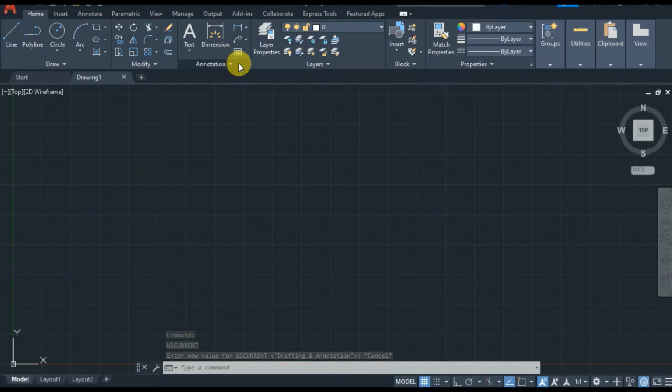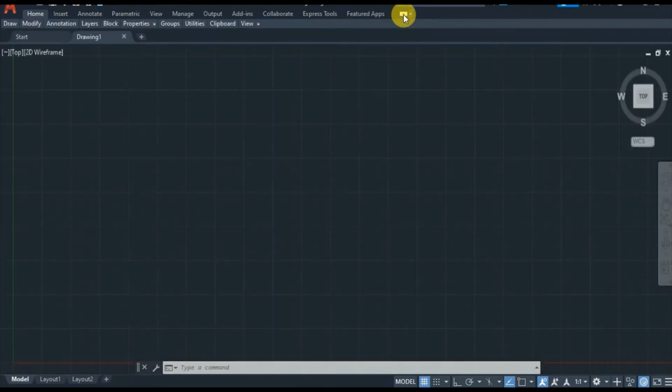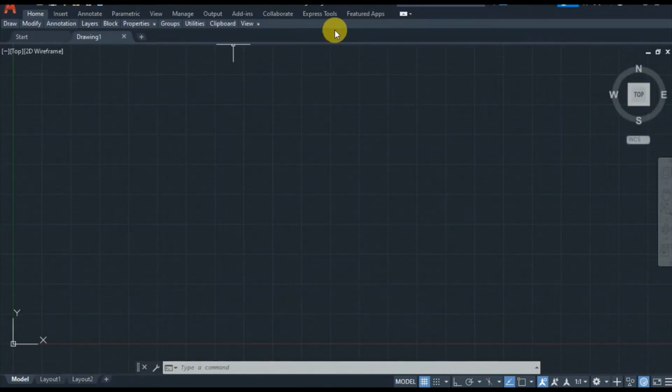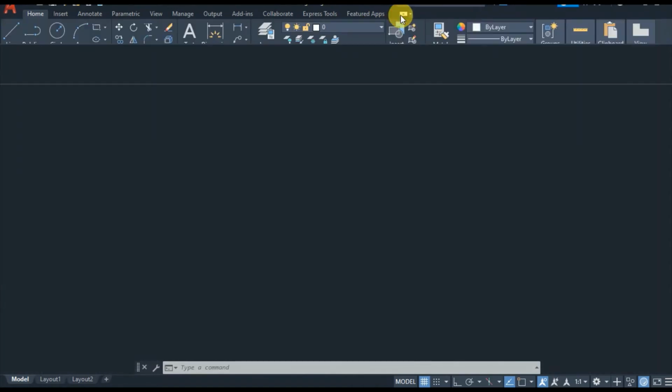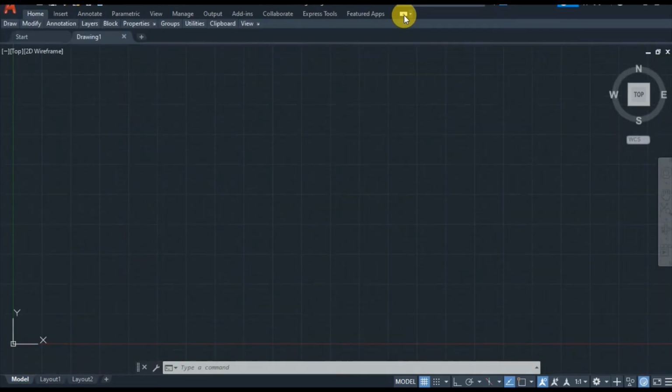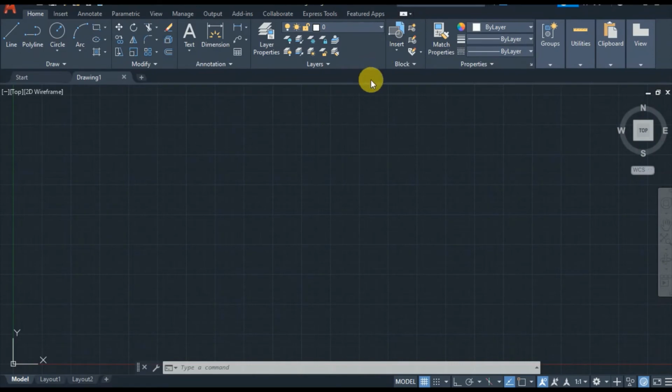Like this, you can get your tools back. There is one more button in the toolbars, the minimize button. If you click on this minimize button thrice, you will see that all toolbars are hidden. Again, if you click on this, you will get all your tools back. Like this, you can use this minimize tool.